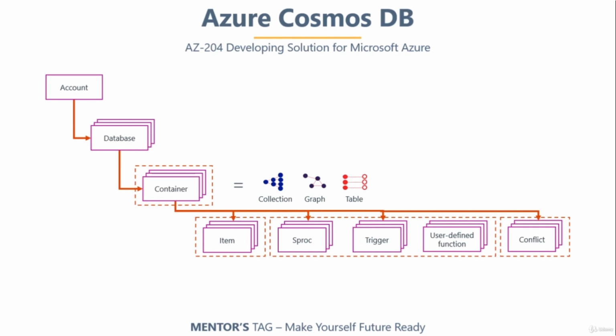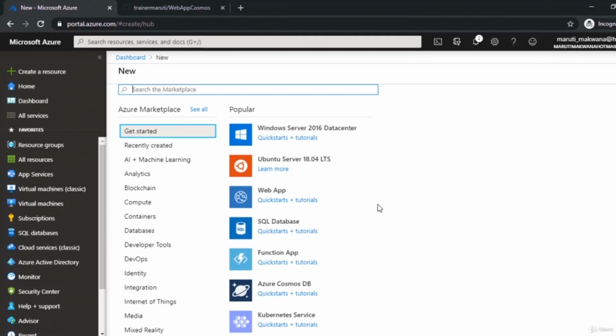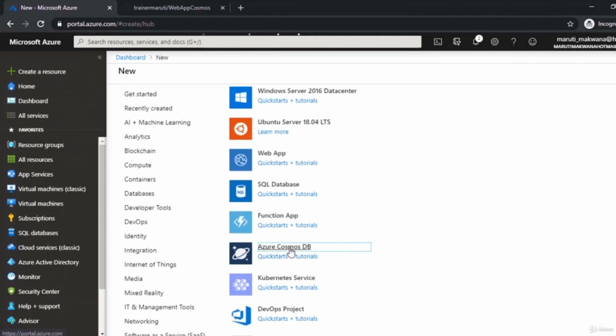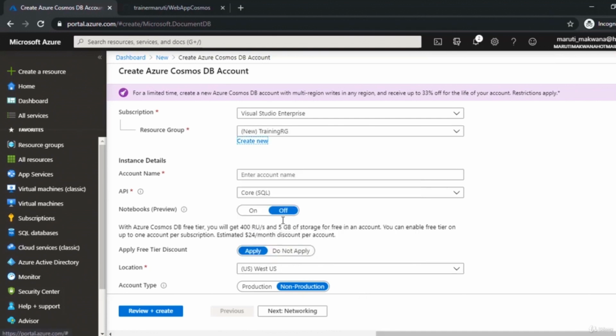Let's see this thing in action. To understand properly, let's see this in the Azure Portal. In my Azure Portal, I am going to create two Cosmos DB accounts right now. When I click on Create Resource, we have an option for Azure Cosmos DB. I am creating a new resource group called Training RG, and then I'm going to click on OK. In the account name, I am giving Maruti Cosmos DB, and this time I'm going to choose SQL API,